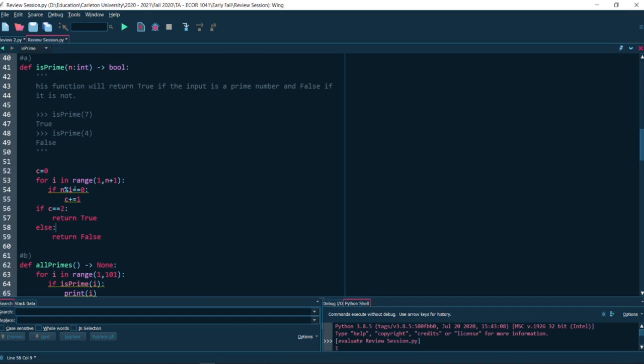This is really similar to the divisor question that you did in your labs. So I check to see if the numbers are divisible, and I have this counter. And if the number is divisible, I just add 1 to my counter, and then at the end of the program, I check if my counter is 2. That means only 2 numbers were divisible, and those would be 1 and n itself. And if the counter is anything but 2, then that number is not prime, and I will just return false.